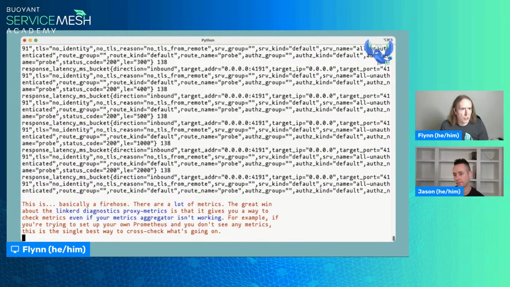This is another place where I'm going to put Jason on the spot. Anything you wanted to add to this so far? No, that's exactly what I use it for, right? And that's what I see folks using it for in the wild, is just to check if you're not getting the data into Prometheus, are the proxies outputting what you expect them to put? Quick question. Have you ever seen the proxies not outputting stuff? Or is it pretty much always the scraper doing something wrong? I have not seen it yet, but you never know. It could happen. Somewhat less facetiously, it could certainly happen, for example, that you realize, hey, there's no proxy for this thing because you screwed up meshing it or something like that.